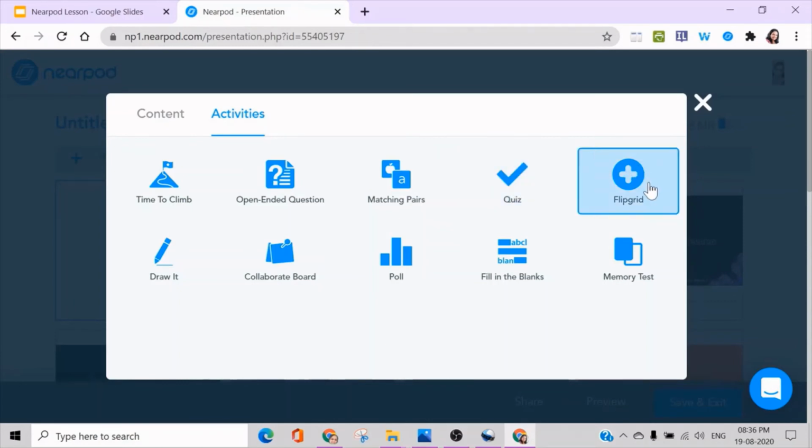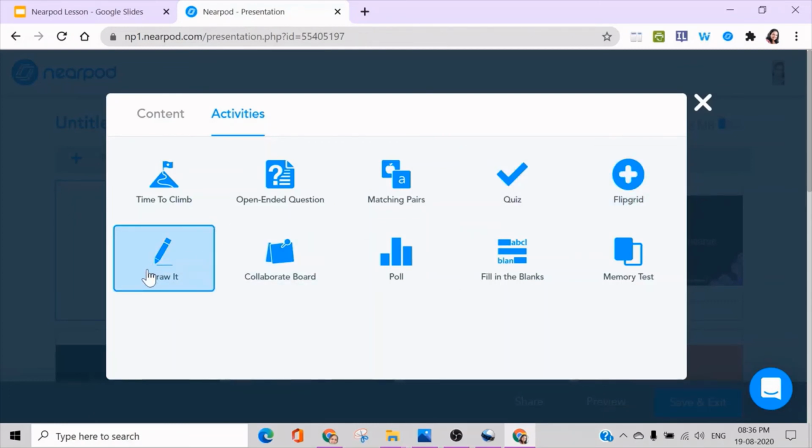And Flipgrid is another website which supports teachers, where teachers can prepare grids and plan activities for their learners and share the code with their learners. And here Flipgrid is integrated with Nearpod. The teacher will have to share the teacher link as well as the student code in this activity, so that learners will be taken to Flipgrid, and they will answer the question there. And this is integrated to Nearpod as well.